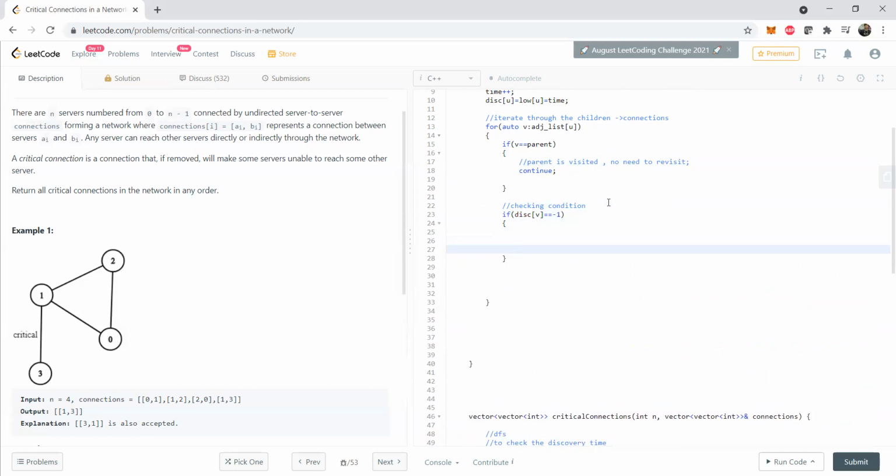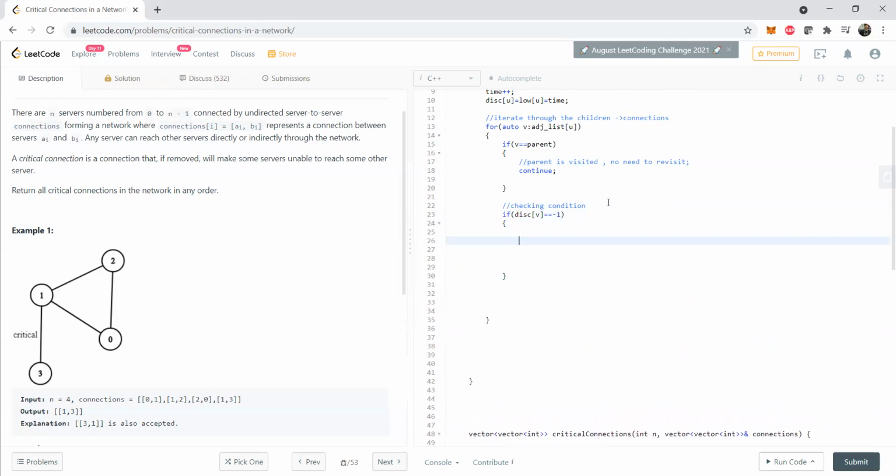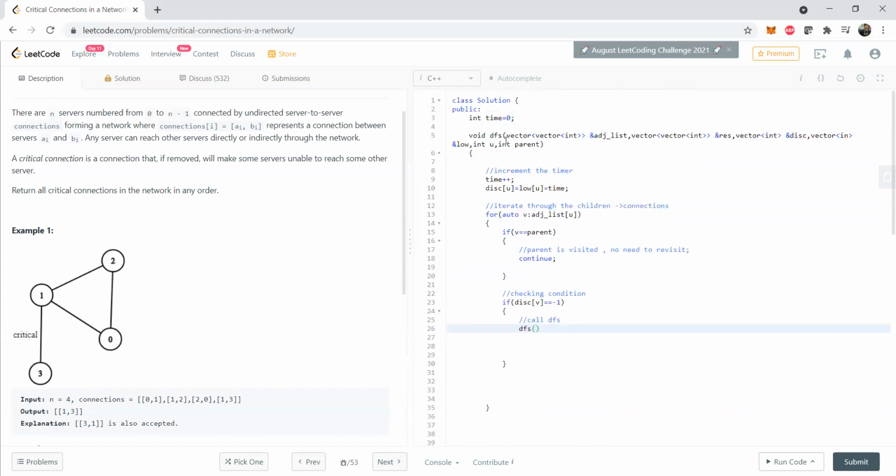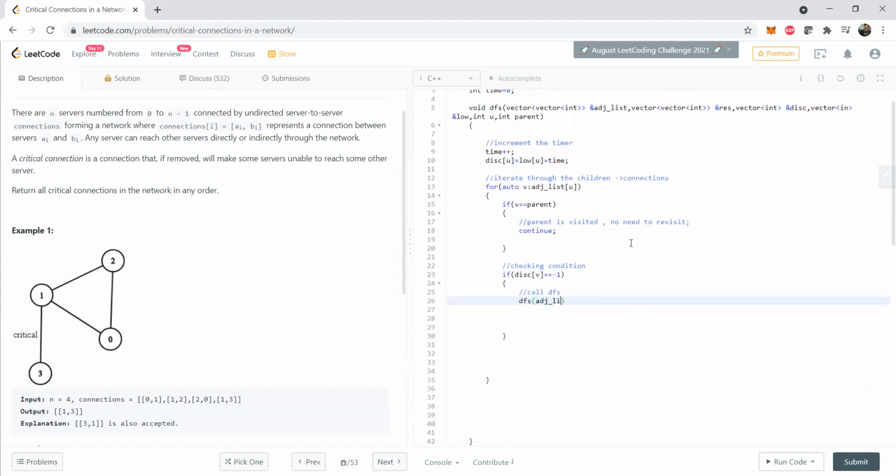That means the node has not been discovered yet. For the first time it is seeing that node. Now in this case, we'll be doing two things. First, we'll be calling a DFS. The DFS will be called for this particular node that we have,